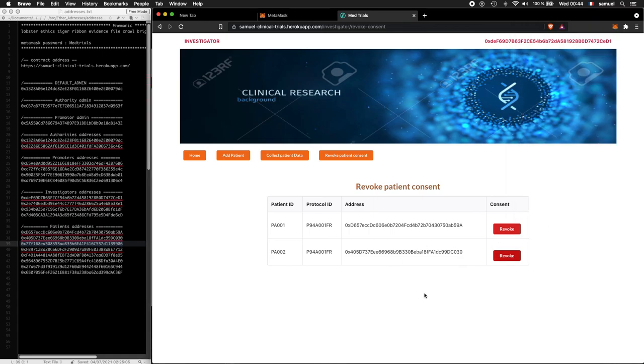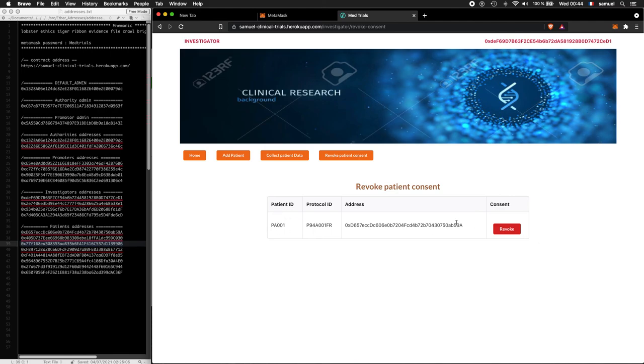confirm, and we expect that this patient will be removed from the clinical trial because he just revoked his consent. The transaction is still pending. So here we have it.